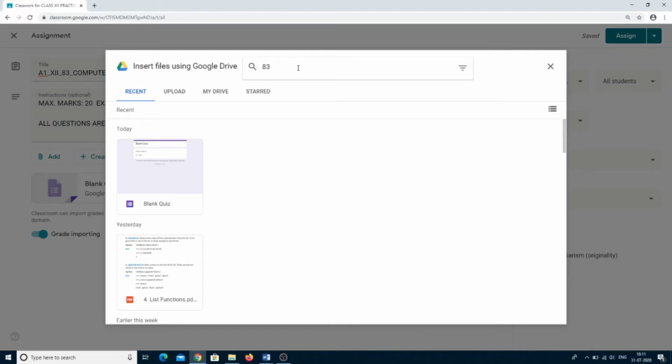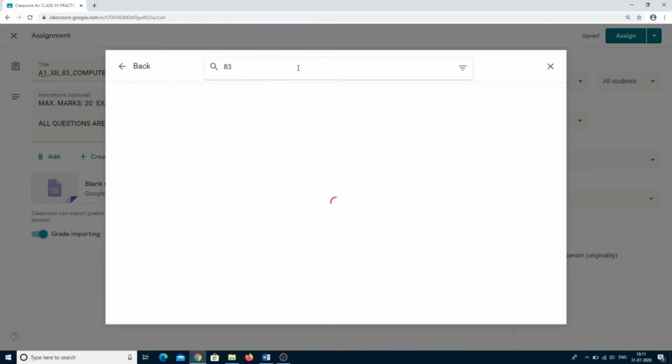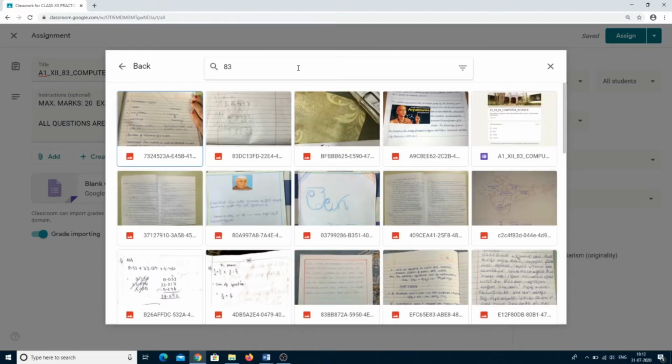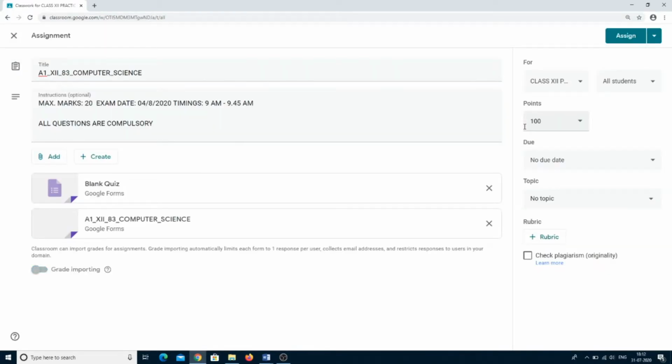It's better if you give the subject code, because you'll have a lot of files in this Google Drive. Just give the subject code or subject name, and you can see here form A1 1283 computer science. Just double click. So you are adding the already created Google Form question paper here, and I don't want to use this blank quiz, because the paper is already created.